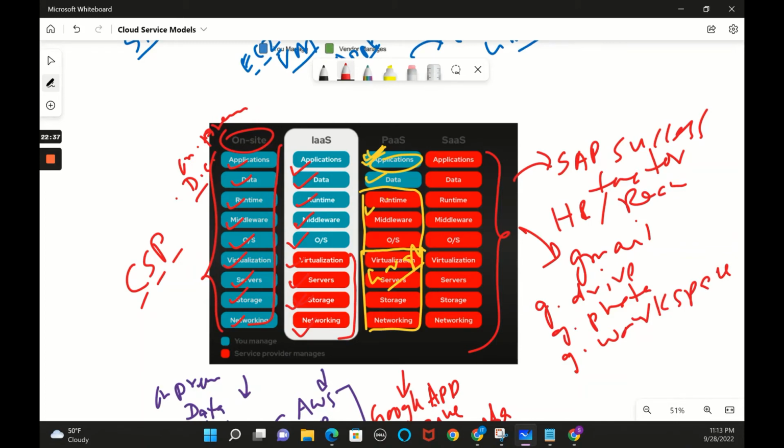And then we have Salesforce. If you know about it, Salesforce is a CRM system. Okay. So Dropbox, we have Dropbox. So these are all Microsoft Office 365. Everybody uses it, right? Microsoft Office